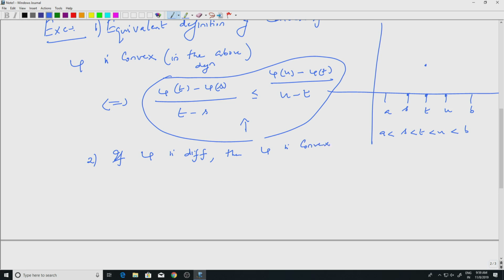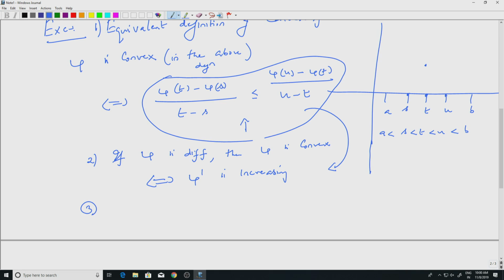So, for convex you can take either the equivalent definition or the earlier definition, if and only if the derivative is increasing, phi prime is increasing. So, it is an increasing function. This inequality essentially says that, right. If I take the limit of appropriate t going to s and t going to u and so on, you will see that that is the inequality you get. So, if I have a function whose derivative is increasing, then it is convex.